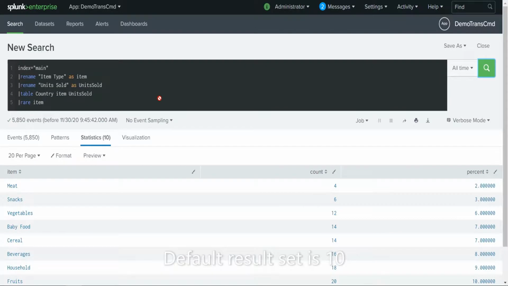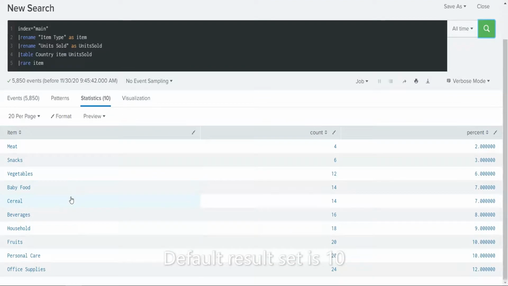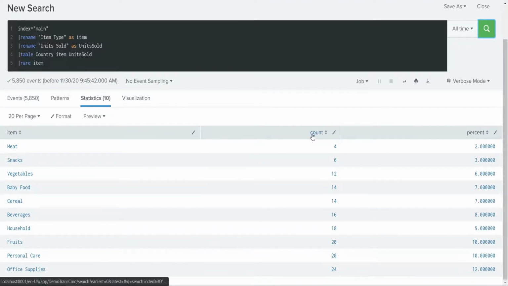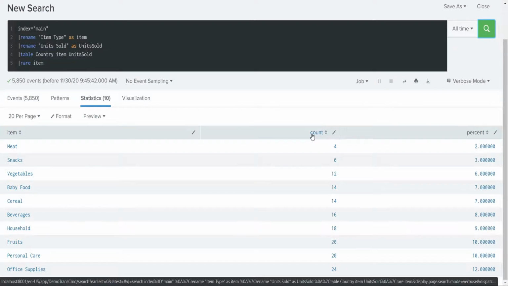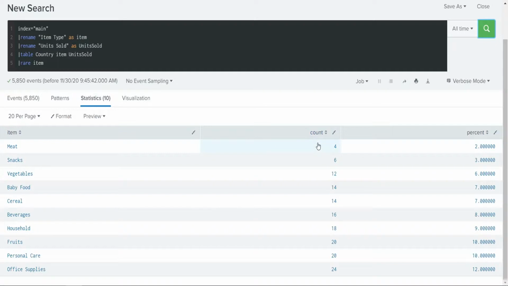As we discussed, it will return a maximum of 10 results because we have not specified a custom limit. You can see that there are 10 items it has returned, the least common items. And if you notice, it has added two new fields, count and percent.